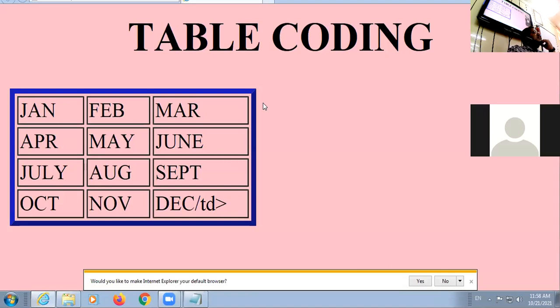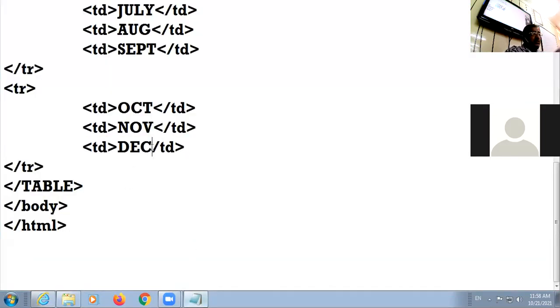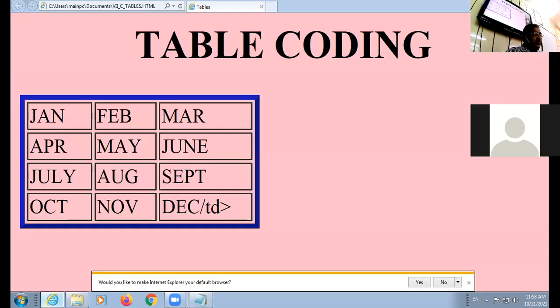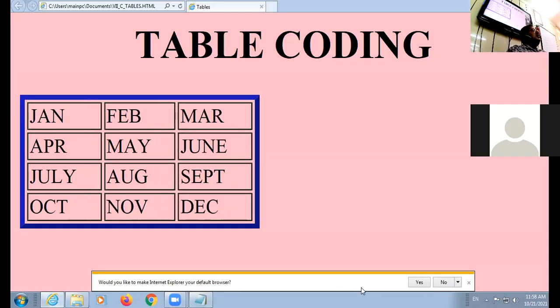All of you, please see the browser view. Now, pay attention on the LCD.